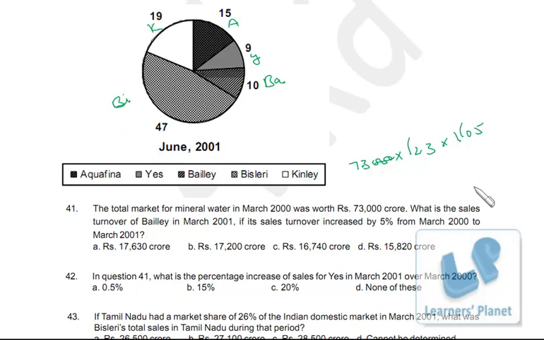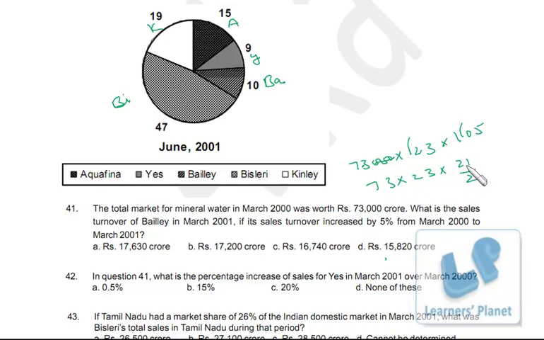Okay, so precisely we are left with 7.3 into 23 into 105, or 73 into 23 into 21 by 2, right? This is 10.5. I removed this decimal over here, I just put it over here. So this is 21 by 2. So this calculation we have to do. Right now we just have to go for the approximated calculation over here, because the options are quite far from each other. 630, 200, 740 and 820, right? So these two are quite far, so we can go for the approximate calculation over here.